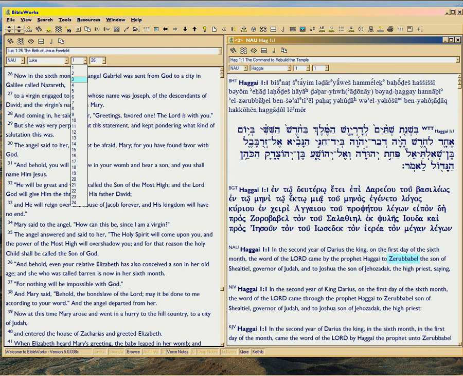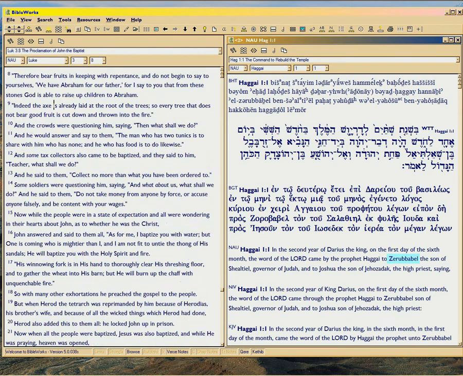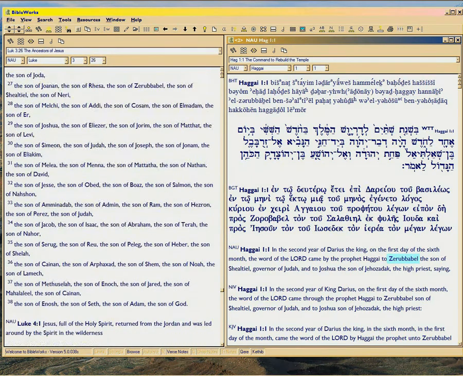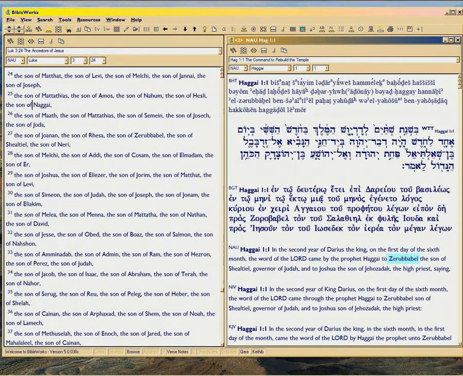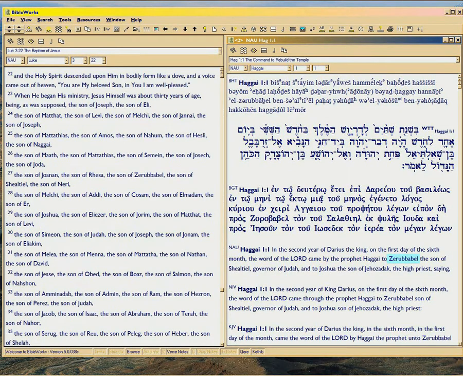What we haven't seen, because I won't be getting to it for a while, is that same guy is in the line of Mary right here. So you're going in reverse order. Remember, Luke plays things in reverse. So it was going down in Matthew's line, going down from Abraham to Christ. Now it's going down from Christ back to Adam. Because again, Luke's theme is reversal. In other words, reversal in the sense of circle, coming full circle, completing time.